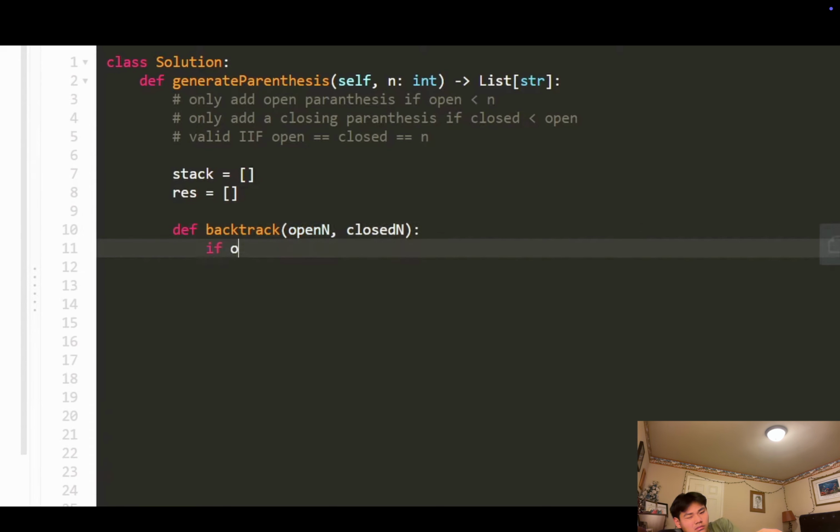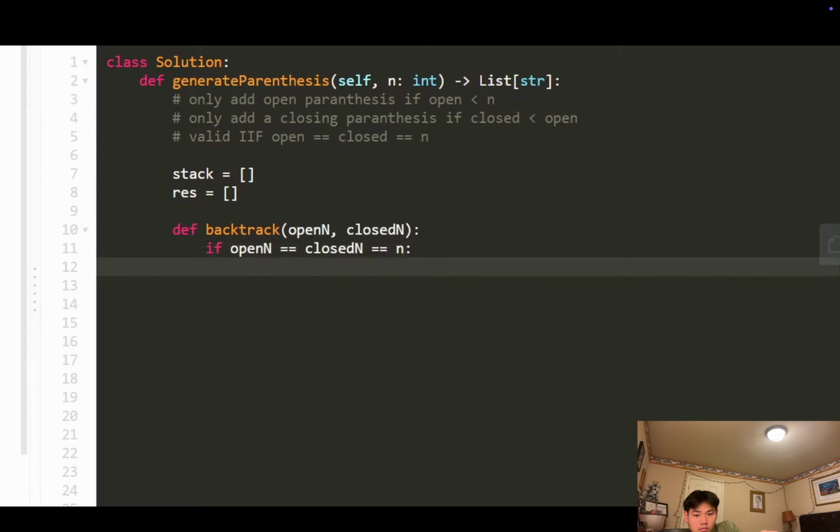So we know the base case is if open n is equal to closed n, which is equal to n. In that case, we have finished, and basically our stack will contain the proper parentheses. So what I'm going to do is basically some Python stuff, but you could probably handle this with a string if you wanted. You don't actually need to use a stack, but I just like doing it. So what I'm going to do is take every character in the stack and join them together into an empty string. Once they have been joined together, they will form a complete string. And what I'm going to do is append that